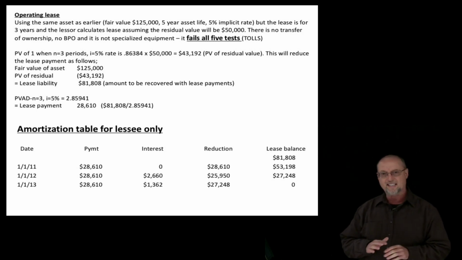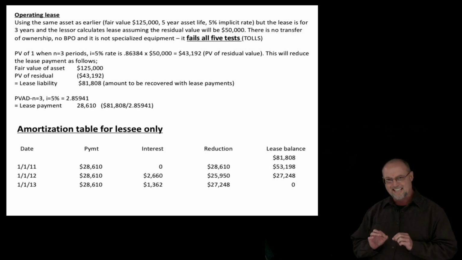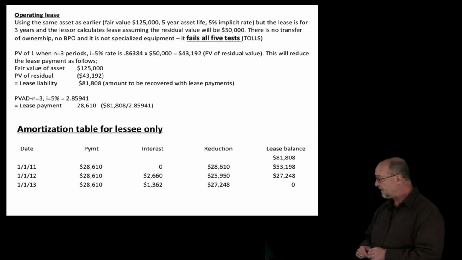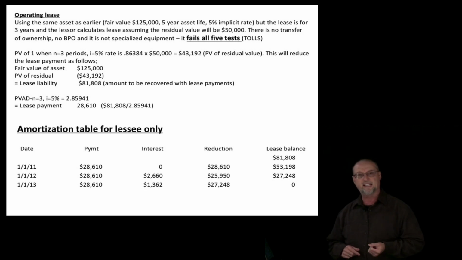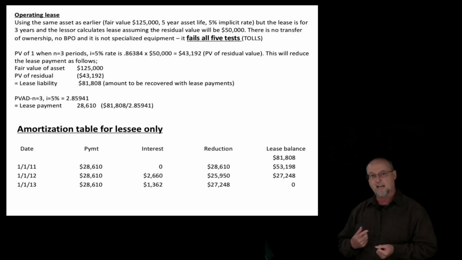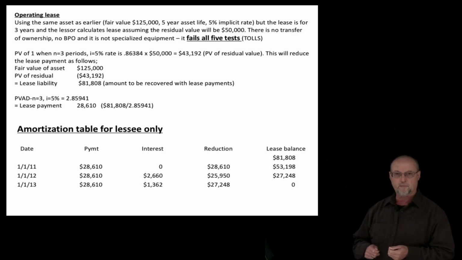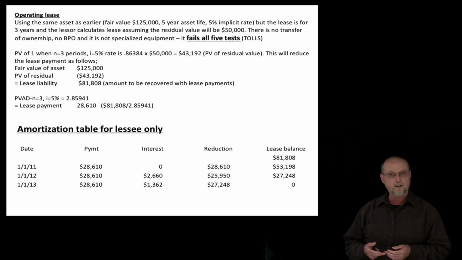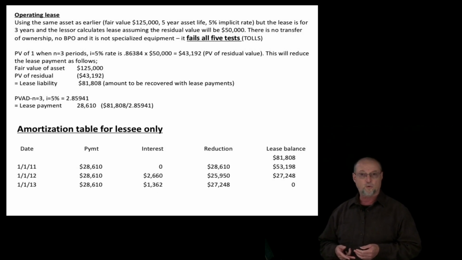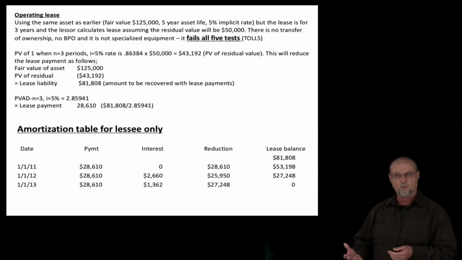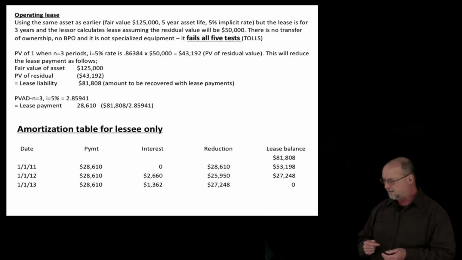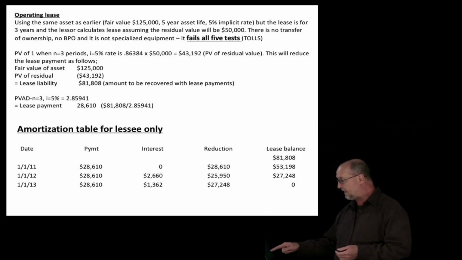The lessor is not going to use an amortization table. So for the lessee, we start with $81,808. Now there's going to be 3 payments. They're made at the beginning of the year. So on day 1 of the lease, we make our first payment of $28,610. And since it's on day 1, no interest has accrued. So we're going to subtract the entire payment of $28,610 from the $81,808 balance. And that's going to leave an unpaid balance of